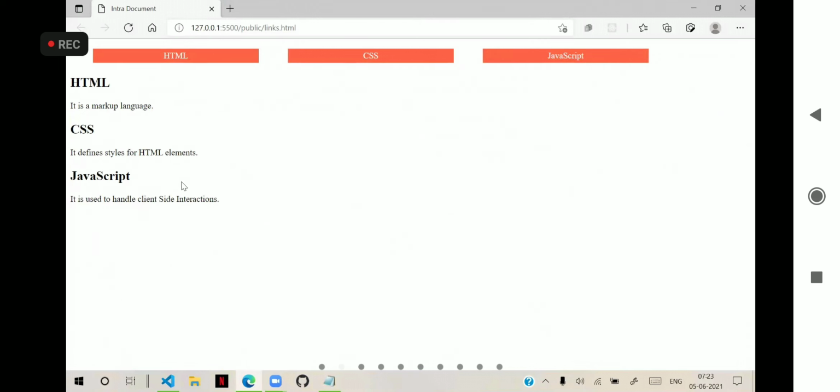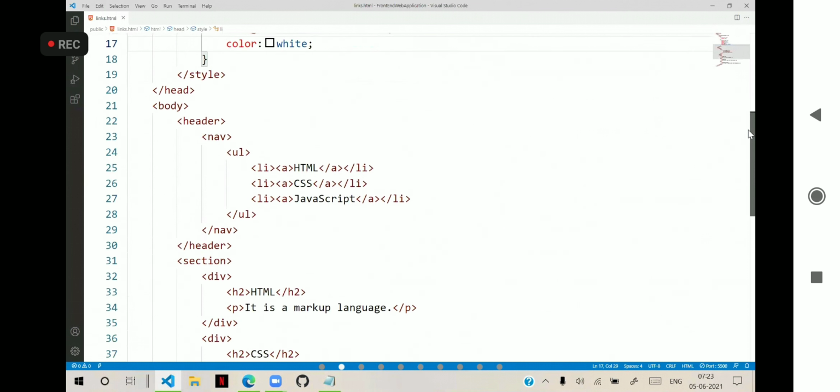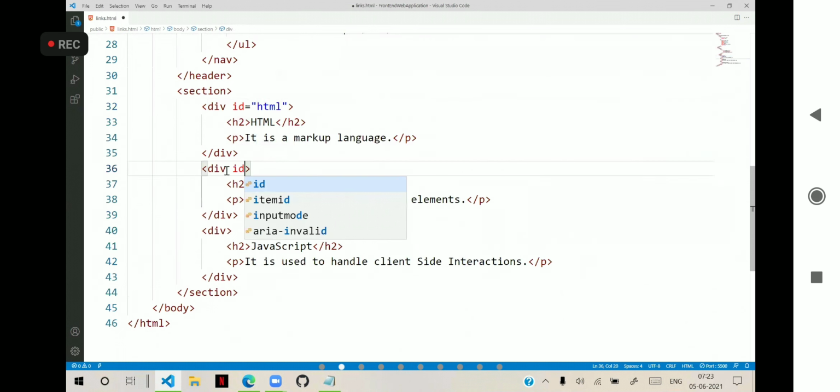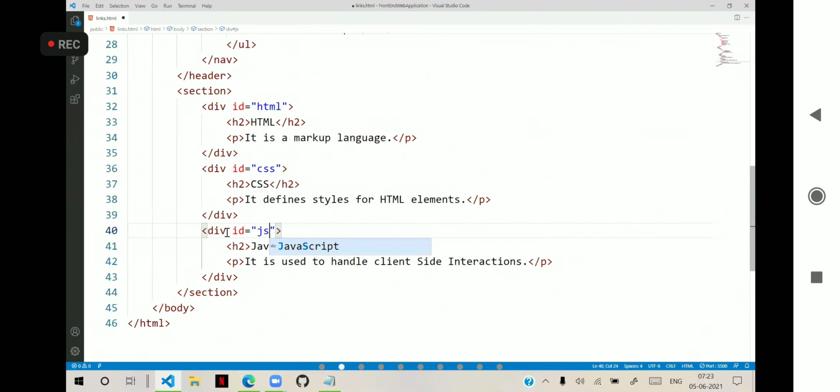Below that we have these divs. For this I will give an ID. This ID will be HTML, another div ID is CSS, and another div ID is JS.